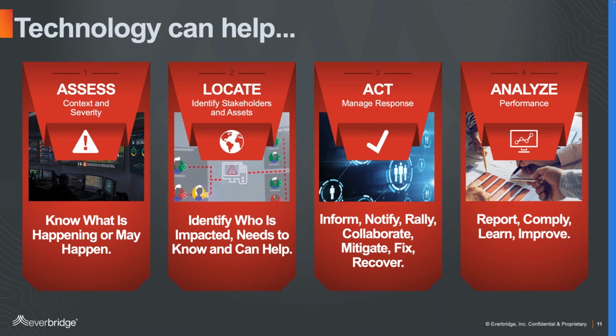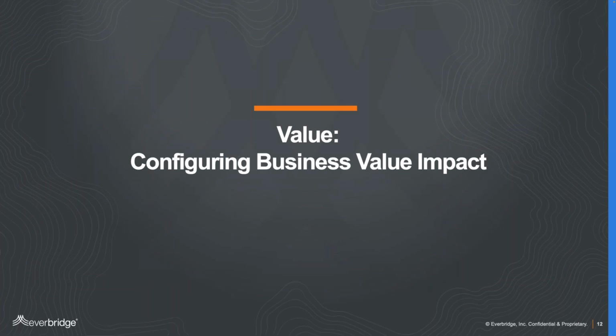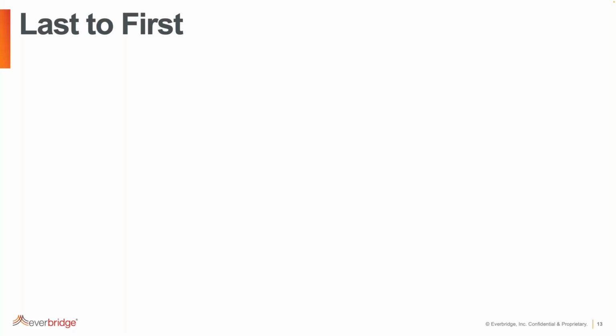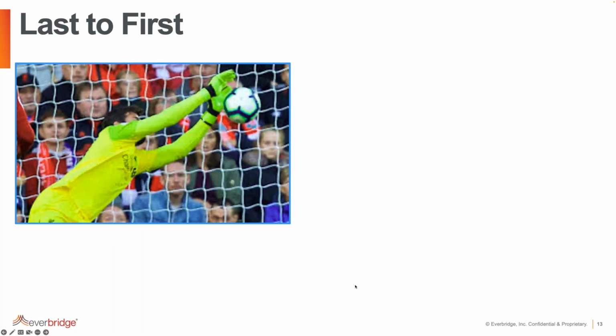So let's start to talk about value a little bit. When we start to think about value, we'll configure our business value impact in a couple different ways. I think oftentimes, for better or for worse, security organizations and to some extent IT organizations are viewed as a cost center, right? They're viewed as the last line of defense when a situation occurs, right? They're the goalie in this particular case. There's been something bad that's happening. We're going to hope that they're able to dive in front of it, take one for the team,